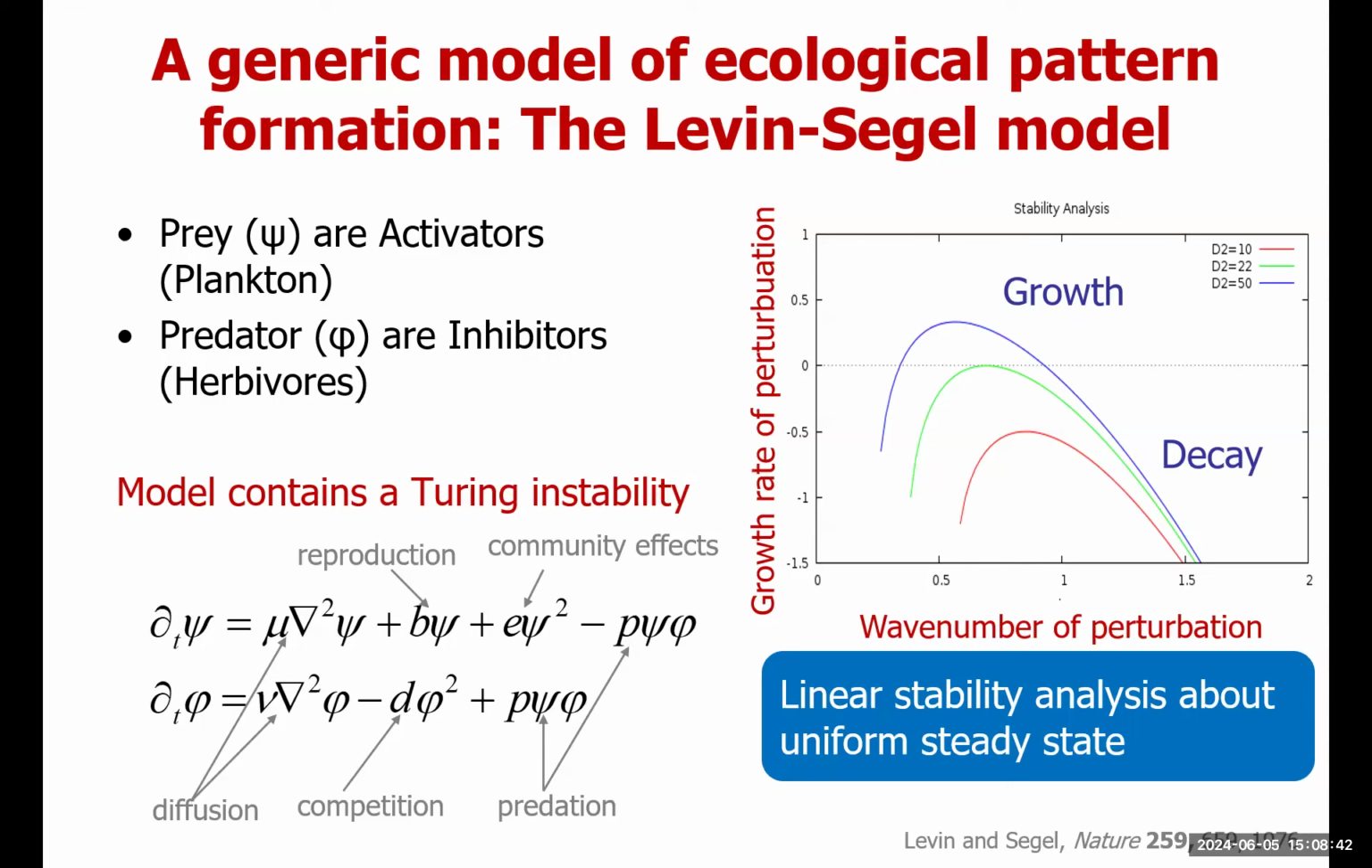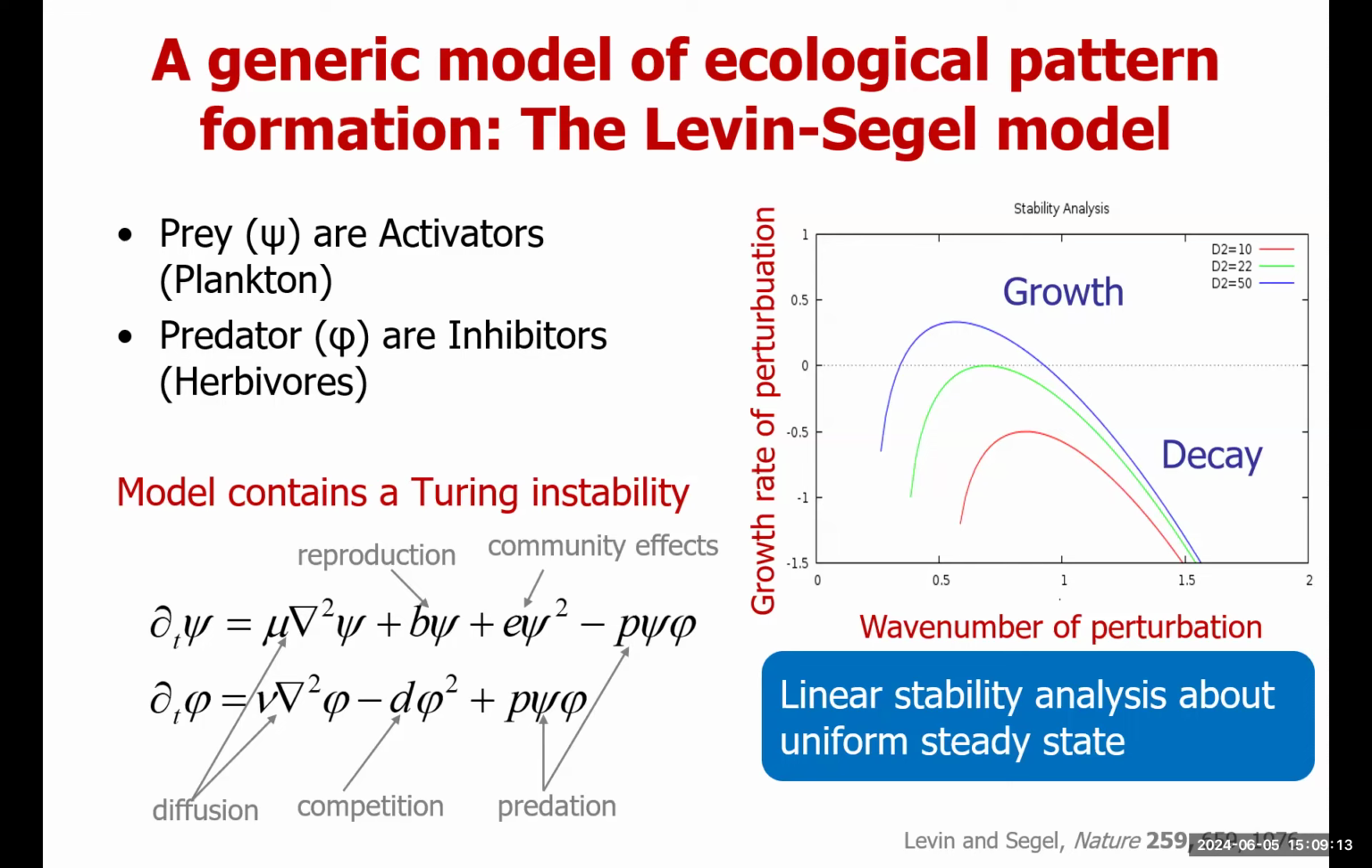These are partial differential equations, just like the ones that we wrote down for Rayleigh-Benard convection. So what happens is you have the reproduction. This is the prey. This is the non-linearities. This is the predation. This is the competition between the herbivores, and this is predation. So this is similar to the equations we wrote down before, but now these things can diffuse with different diffusion